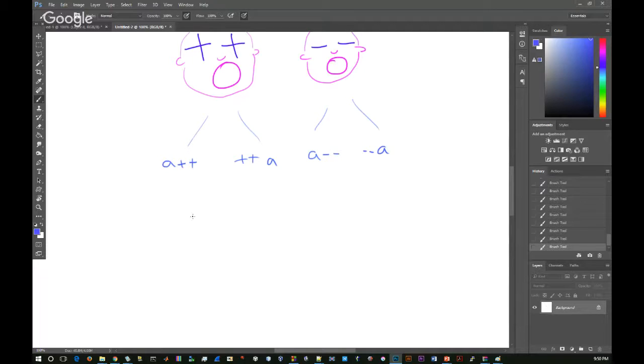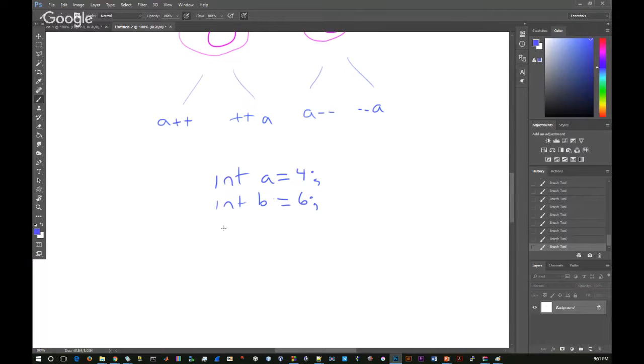Okay, so I'm going to introduce a new problem. I'm going to go int A, int B, and I might actually initialize these. So I'm going to say A is 4, B is 6, and what I'm going to do is write int C equals minus minus B